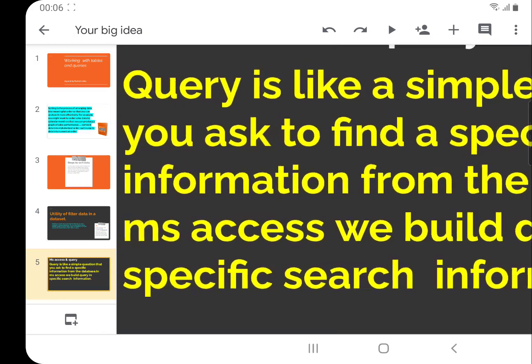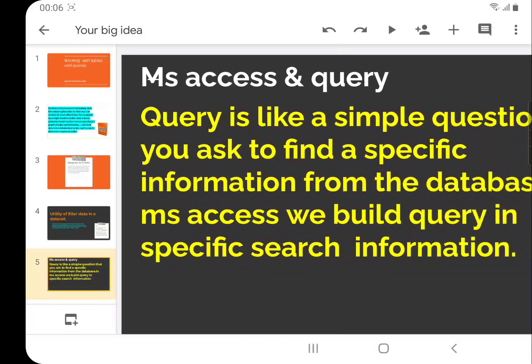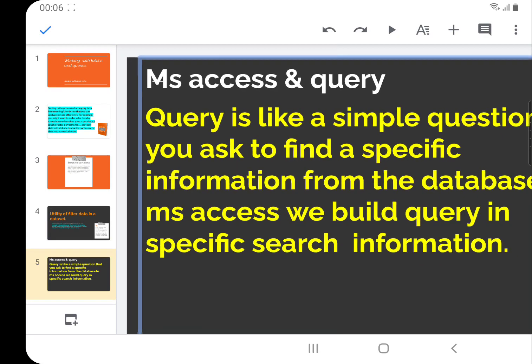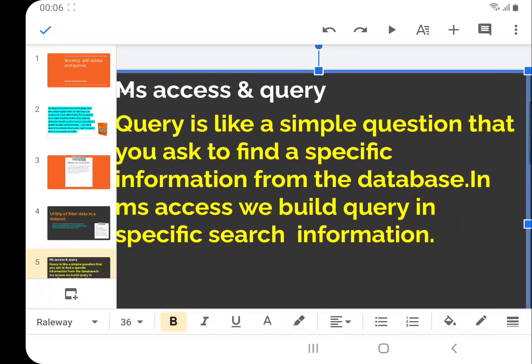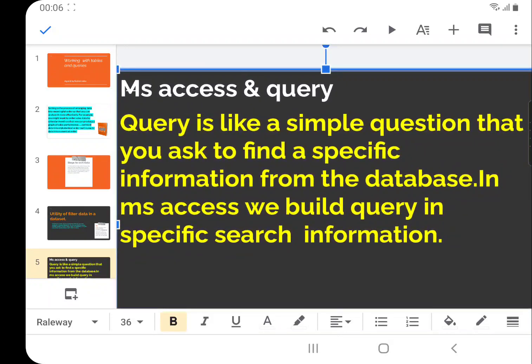Next is: what is a query, especially in MS Access? What does that mean? A query is like a simple question. When we ask a question to anyone, we say, I have a query to ask you. So you ask to find specific information from the database.